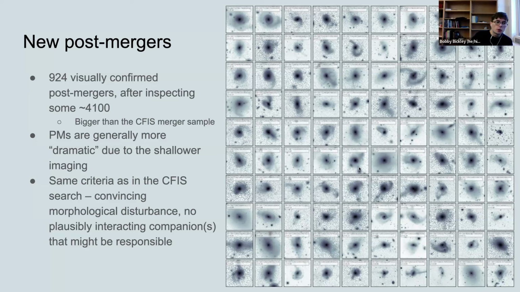Right. So if I'm understanding, you're asking about the intrinsic diversity in the post-merger class, right? For instance, the merger mass ratio. There are one or two of them where I see what look like fairly narrow tidal streams that go across the middle of the object, but look like a lower mass merger.